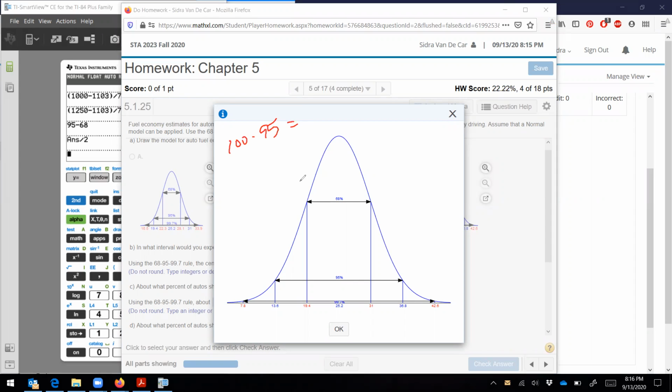That means 5% of the data is split between here and here. Well, if I divide 5 in half, that means 2.5% of the data is in this range right here, and 2.5% of the data is in this range right here and here. Now, it asked,